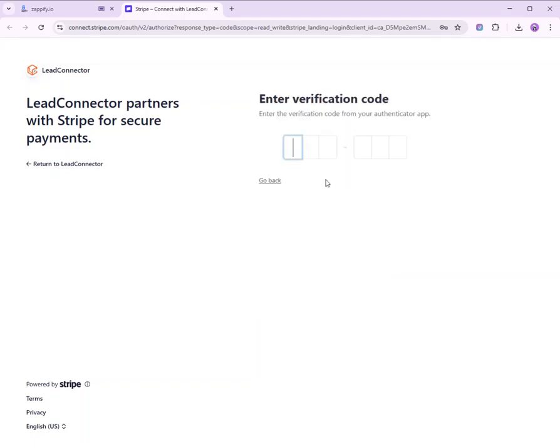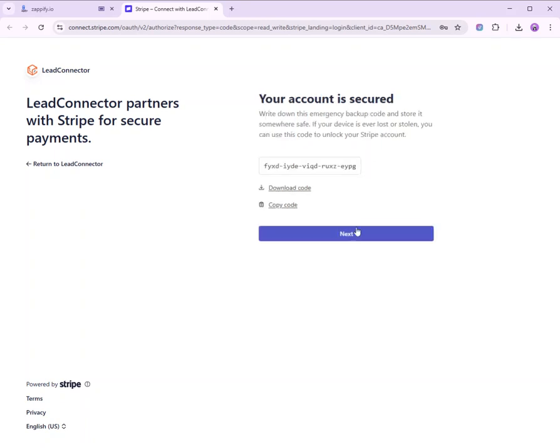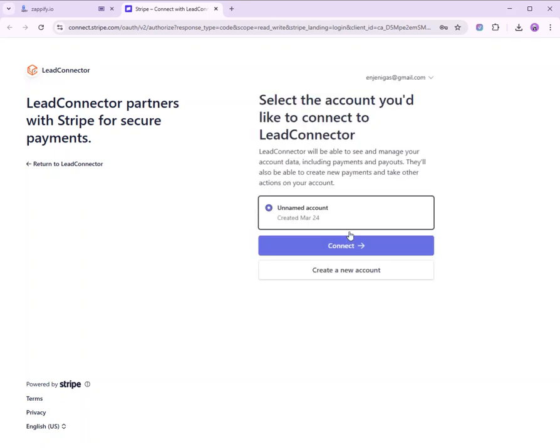So click next and enter the verification code. So click next and click connect.